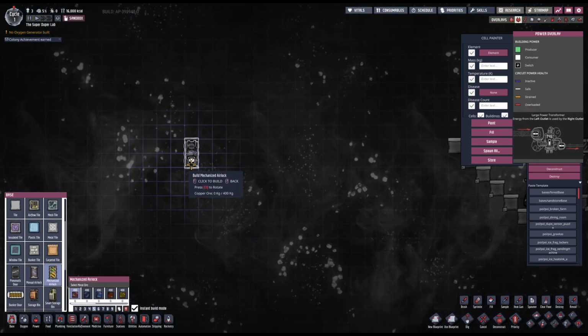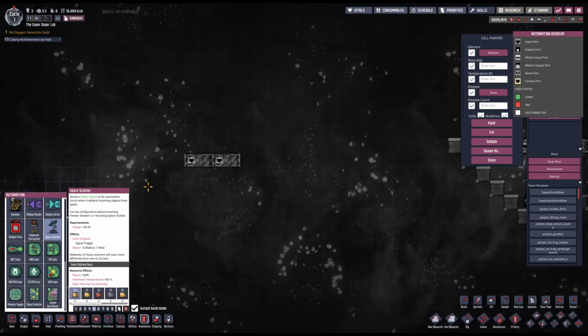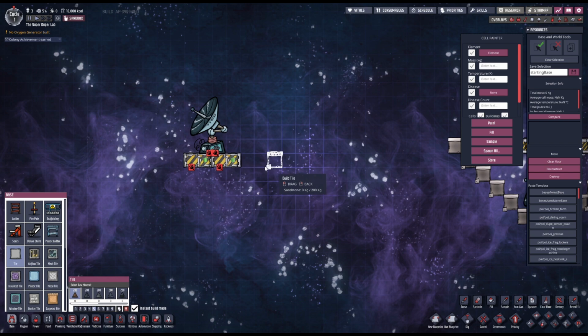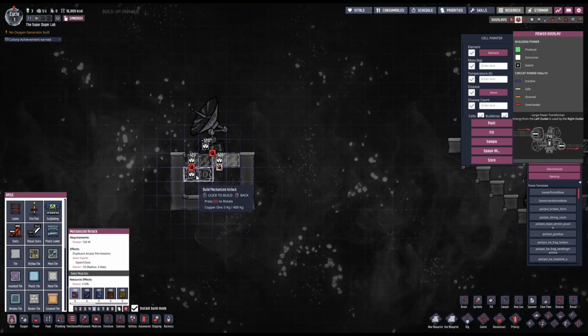I took mechanized airlocks and I put them like this, and I built a space scanner on top. The cool thing in this game is that you can actually have a functional building on top of those mechanized airlocks, and as long as they're closed, everything will work fine. So the goal is, here, I'm gonna build this chamber where I'm gonna collect all the regolith that's gonna fall on top of the space scanner. I'm gonna open the doors, I'm gonna have the regolith fall inside this chamber, and then I'm going to destroy it. I can do this by using mechanized airlocks,